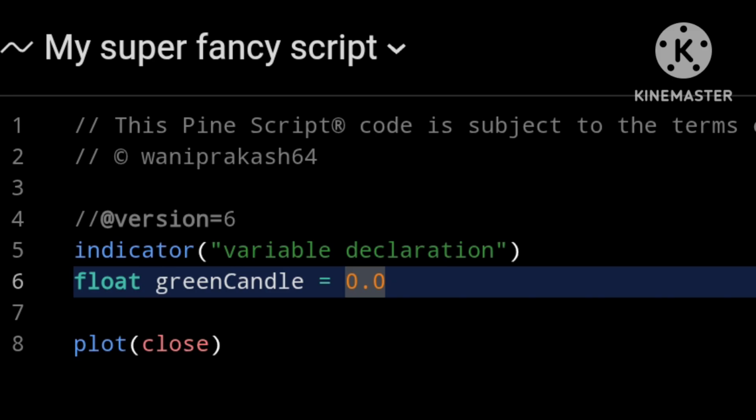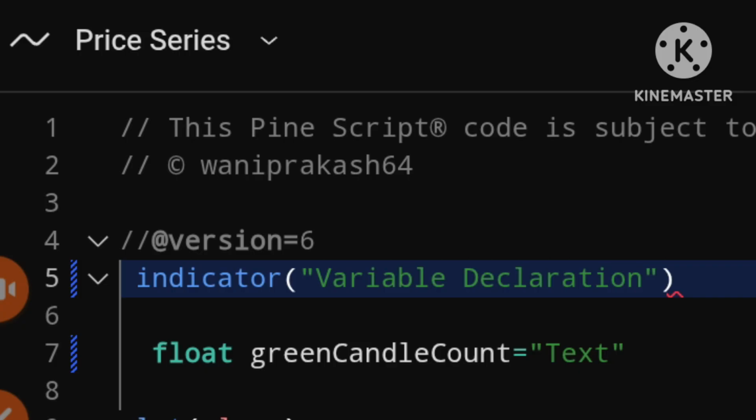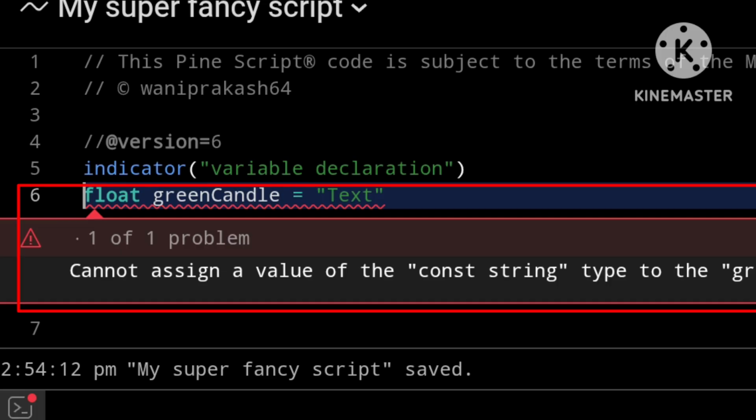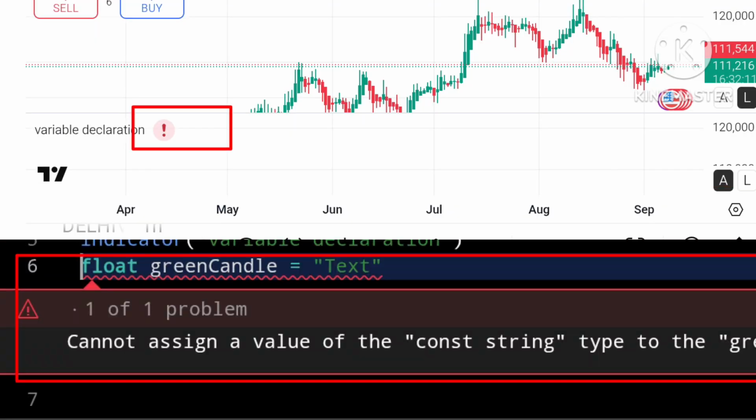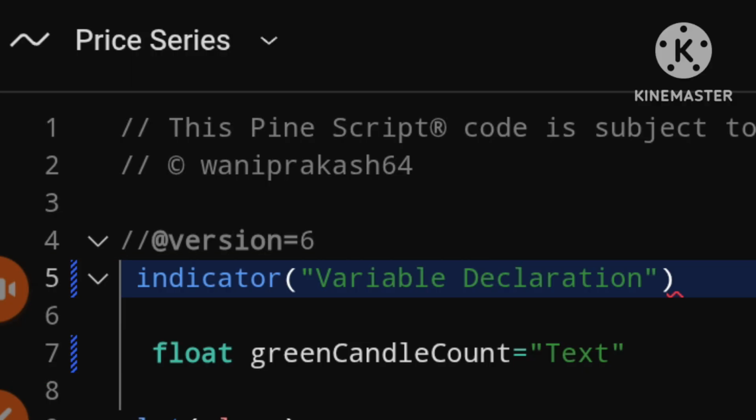Now if we were to change this to text, for example a string, this won't work. If I save the script, PineScript says the declared type float is not compatible with the assigned type string. So whatever data type you give it, you need to make sure it is accurate. But the option to explicitly define what data type your variable is possible using these data type operators. So this can be useful in certain situations.